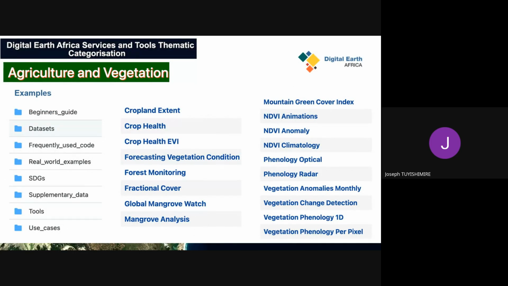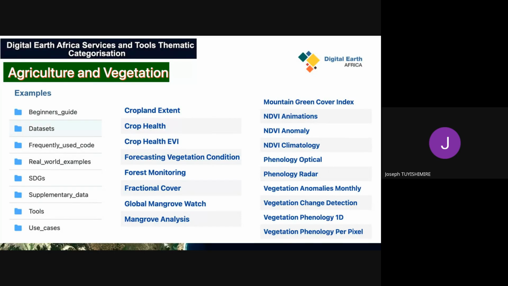If we go into the sandbox, we have tools grouped by themes, and that's where we can see the crop plant extent, the crop health using NDVI, the crop health using DVI, the tools for forecasting of vegetation condition, fractional cover, and several phenology, vegetation anomaly, and so on.